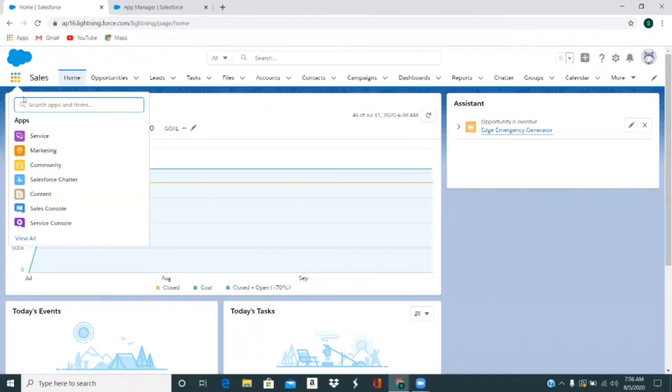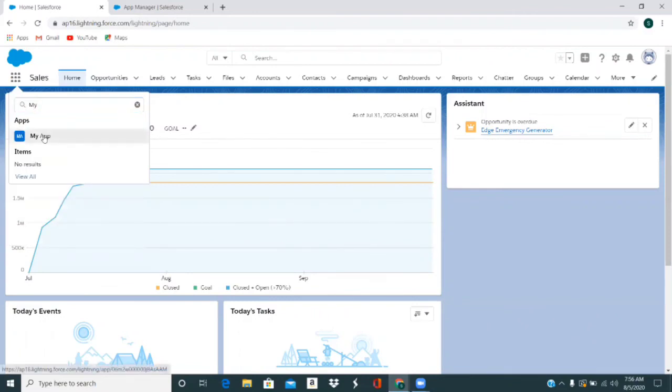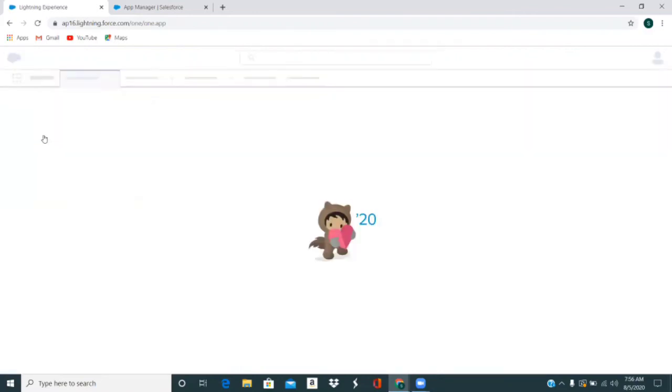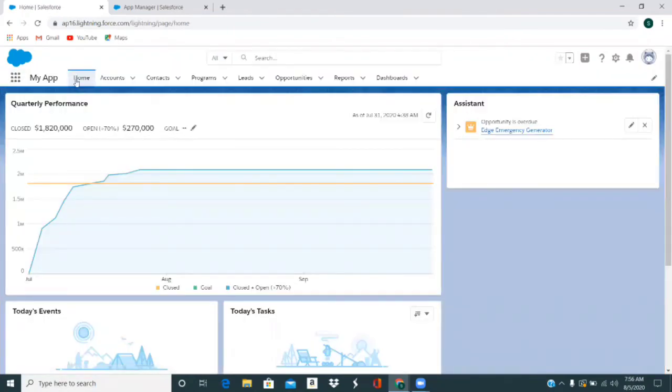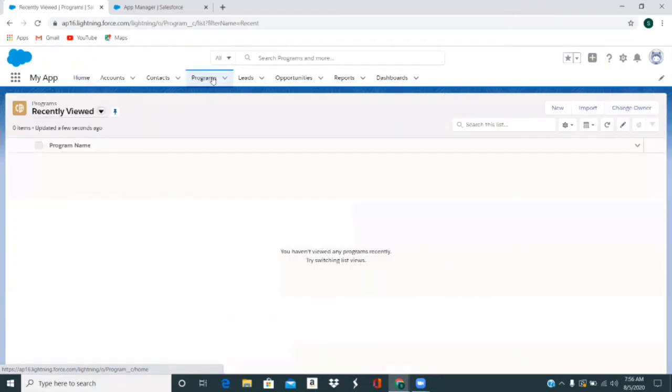When you click on the app launcher, you will select My App, and here it has come, My App. And you can see all the tabs which we have selected, the objects which we have selected, are visible here and in the same order we had selected. So we'll click on programs, the custom object which we have created. So this is our custom tab, programs. Under that we have the object called programs, and if you go ahead and click on new,